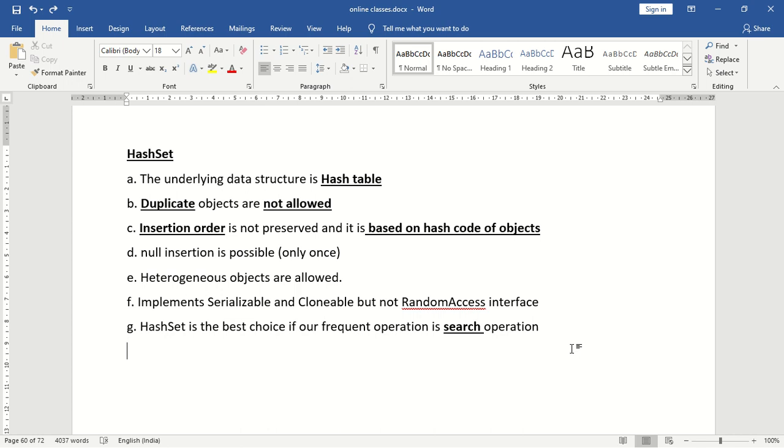How many times can I insert null? Only one time. What about heterogeneous objects? Heterogeneous objects are allowed. Next, hash set implements which interfaces? It implements Serializable and Cloneable, but not the RandomAccess interface. So when is hash set the best choice? Hash set is the best choice if our frequent operation is the search operation.